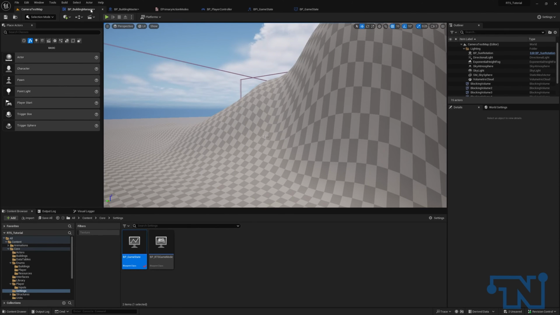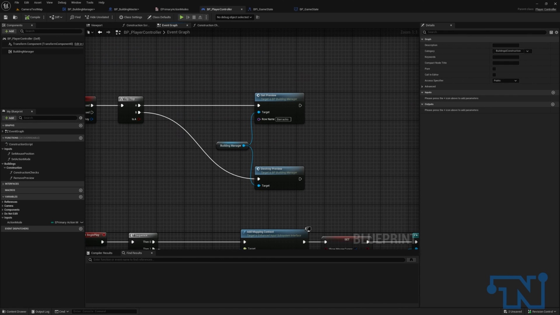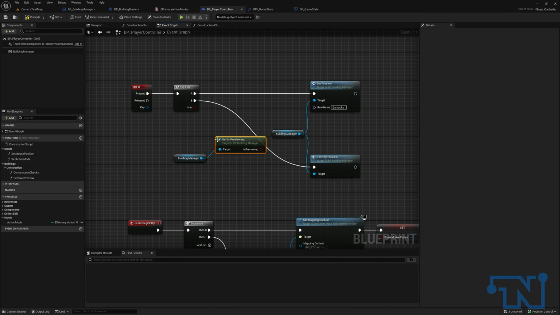Before we even do that, let's go back to our player controller. And we're going to just change our sort of cheat method here a little bit, just so we know that it's going to do what we want it to do. So on the flip-flop, I am going to instead get our building manager. I'm going to do get is previewing. If we are not previewing,